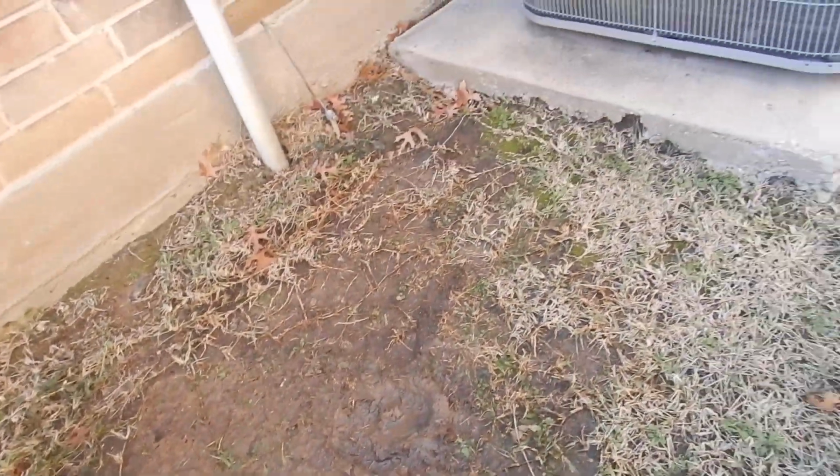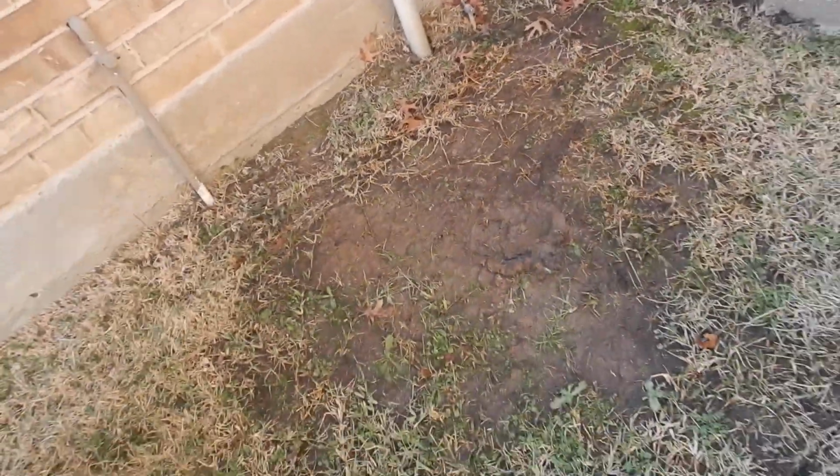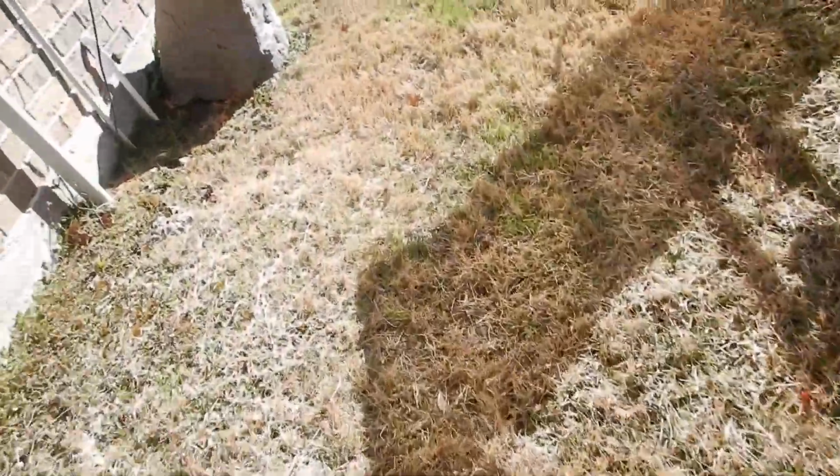I'm getting a little mud over here. The grading and drainage is pretty poor on this side of the house. If you can see mud like that, you know that you've got pretty much poor grading and drainage. We're going to cut through the house here a little bit